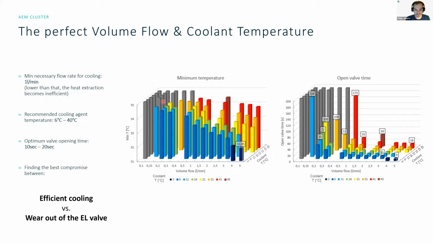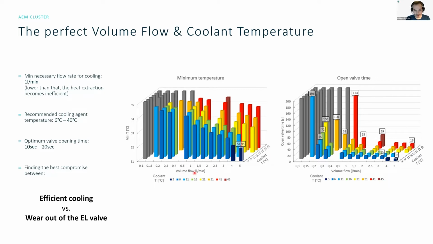Of course, the higher the temperature, so these are the bars in the back, the higher the minimum temperature which the stack reaches. On the other hand, if we're using very cold temperatures, for example these dark blue bars with a temperature of 3 degrees, here the stack reaches 51.95, so almost 52. That's too low, because we have to have a stable temperature of around 53 to 55 degrees. So we need to look a little bit more in the middle of these graphs.